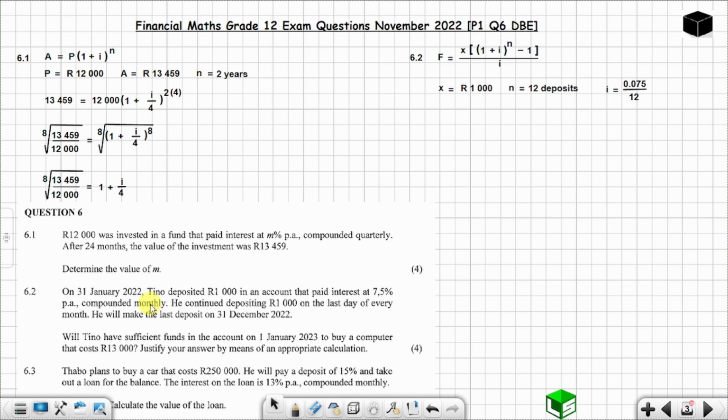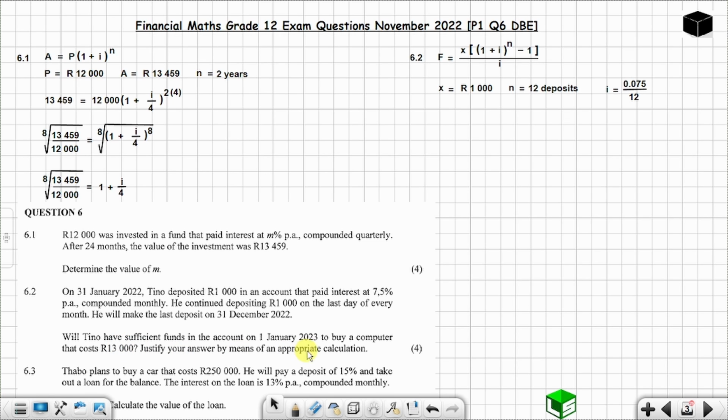Now, the question is, will Tino have sufficient funds in the account on 1st January 2023? One day after the last deposit, you don't need to worry about this. There is no growing of money. The question is to see if he's going to get this amount so that he can afford to buy